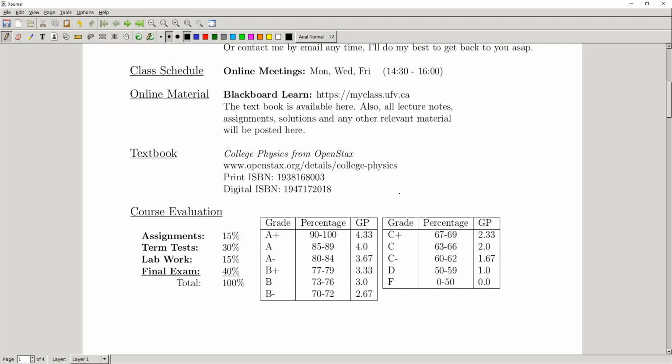We don't have any available in the bookstore, but I've supplied the ISBN here if you guys want to buy it. I bought a hard copy off of Amazon, but honestly, I rarely use it. I pretty much exclusively use the online version or the PDF, which you can download from the online version. It's easier to search, and the actual textbook is quite large, and we're only making use of about 11 or 12 chapters of it. There's a bunch more chapters, and it's kind of cumbersome to use. So I would recommend just using the online version or downloading the PDF from them and using it from there. It's much more handy, and it's free.